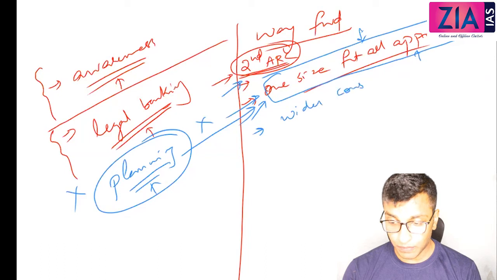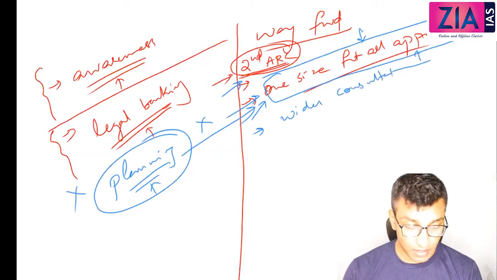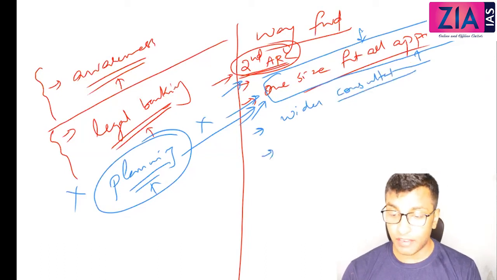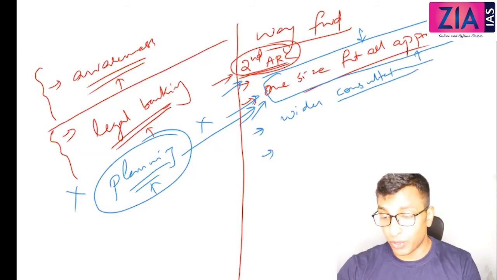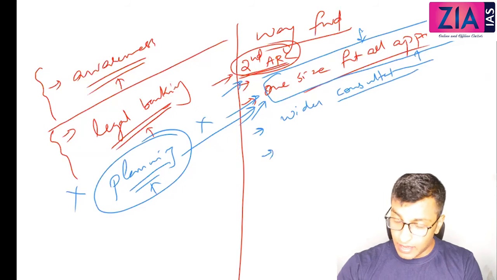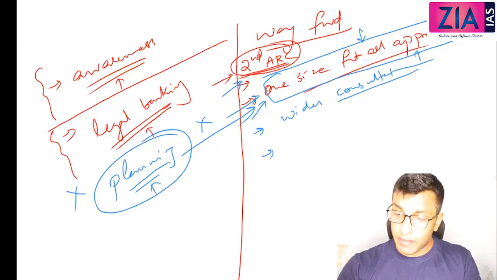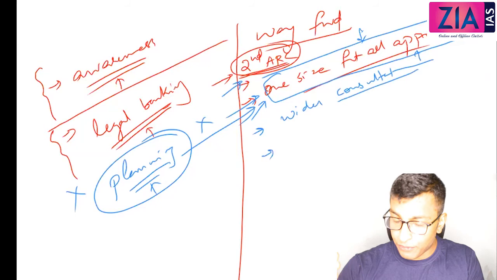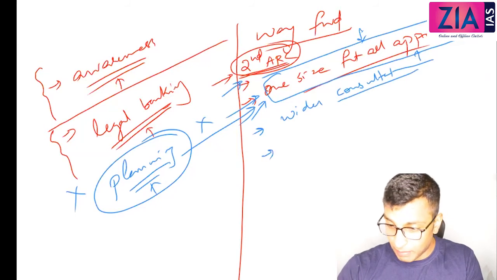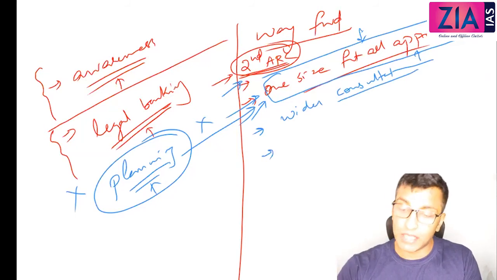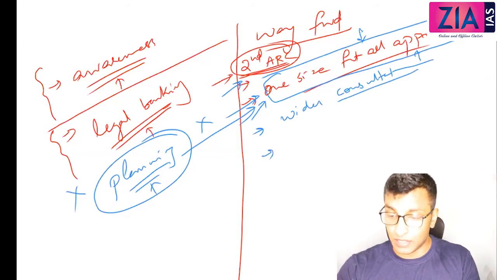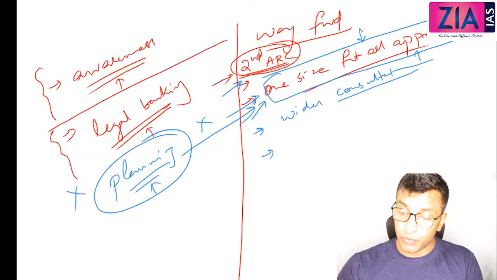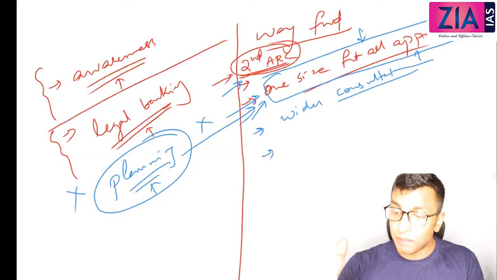So wider consultation and proper grievance redressal. Now here in theory, when I have discussed about citizens charter, I have told you these are the 4 components. Even if the 4th component is met in a proper way, that you have all the eligibility criteria met, you are providing all the documents and everything, but still there are problems in getting the services, what has to be done? The 3rd one has to be working properly.